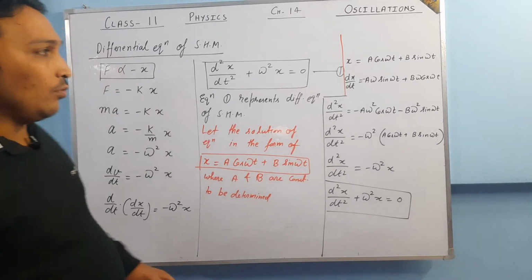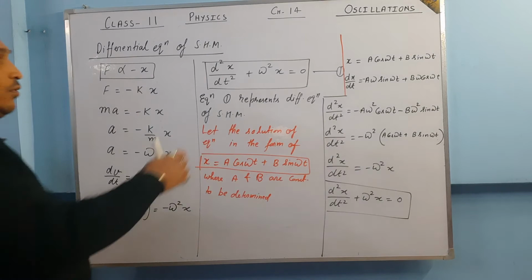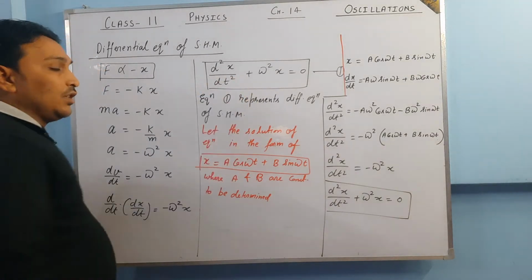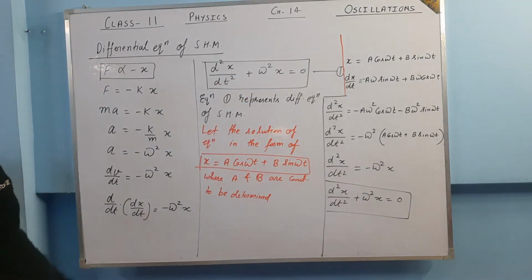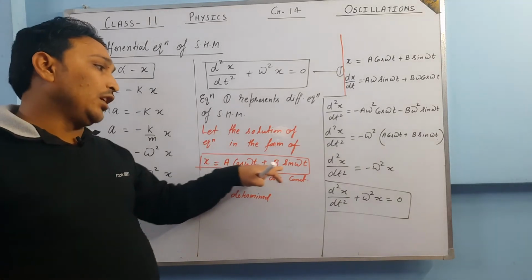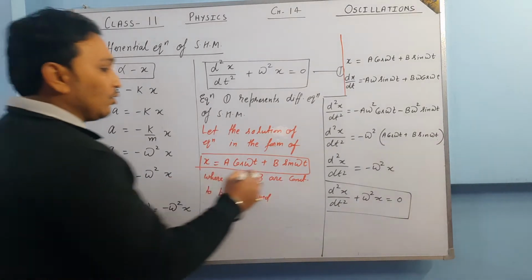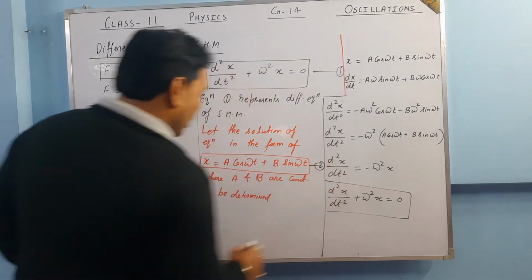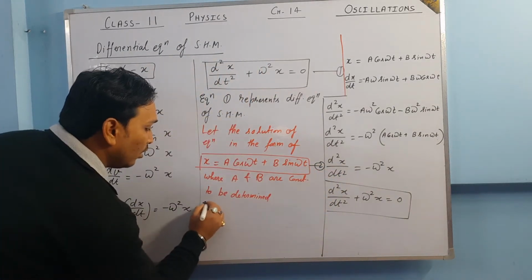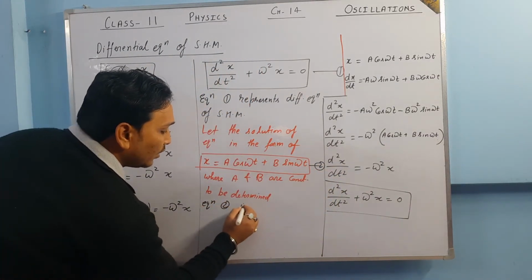Okay, so this is all about the differential equation of SHM. This equation number 1 is called the differential equation of SHM, and this x is equal to A cos omega t plus B sin omega t, let it be equation number 2. So equation number 2 is called